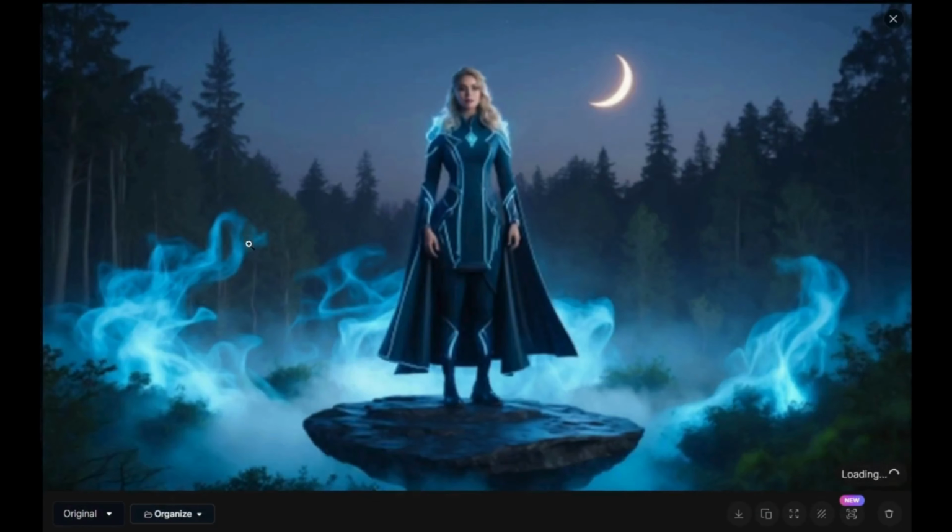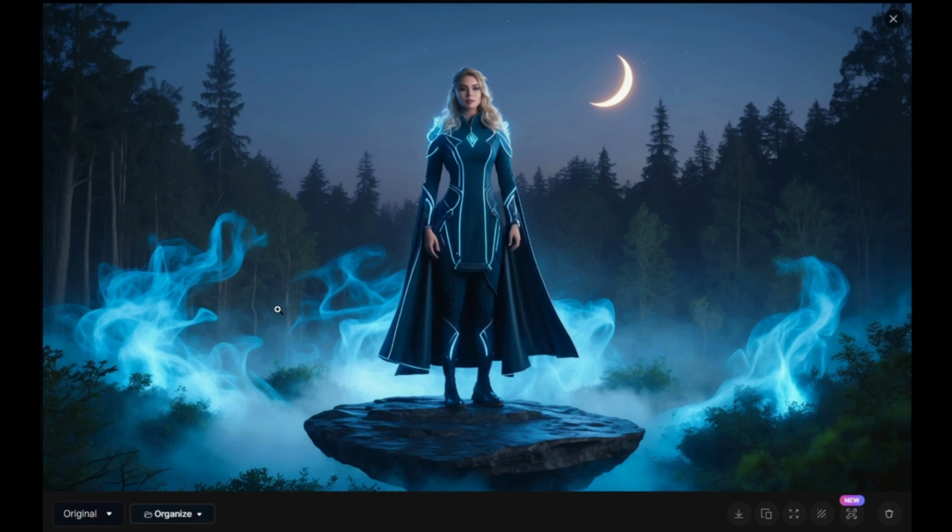So we can see here that by using words like vast and the blue glowing mist surrounding her, how much more of a focus there is on the actual mage herself here. She's still wearing that high-tech glowing cloak that we were looking for. It's got the crescent moon in the background, and she looks much more powerful with the separation of the actual trees behind her here. So using that negative space really kind of gave her the pop that I needed here